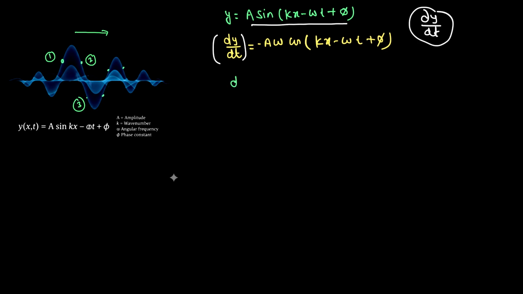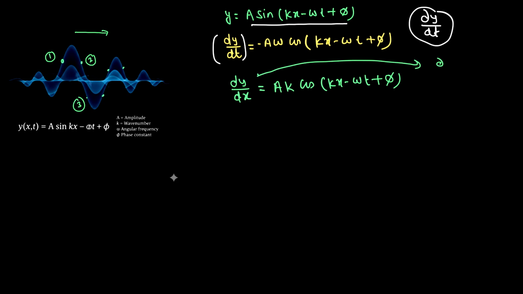Now if I differentiate this expression with respect to x, what I'll get is a k cos(kx - omega t + phi). And for this one as well, I can use this form. This is partial differentiation; if I write it, it should be dy by dx, del y by del x. Now, this is equation number 1 and this is equation number 2. If I divide these two equations, what I'll get is